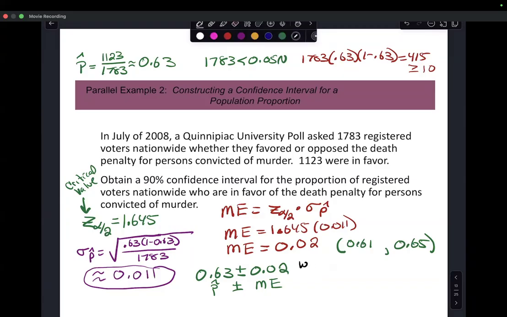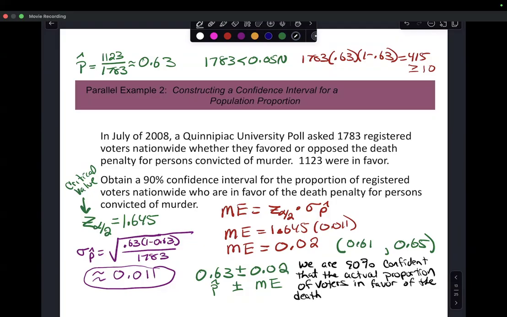We are 90% confident that the actual proportion of voters in favor of the death penalty is between